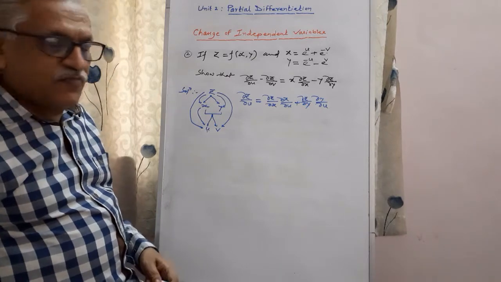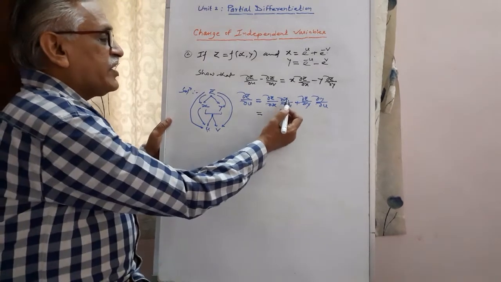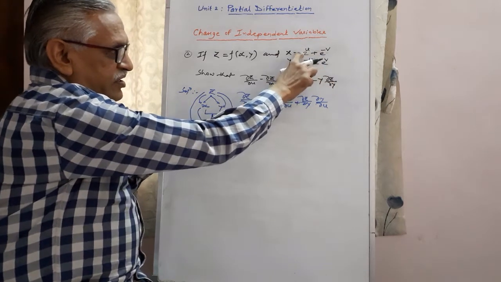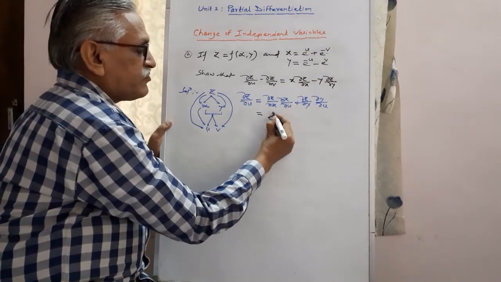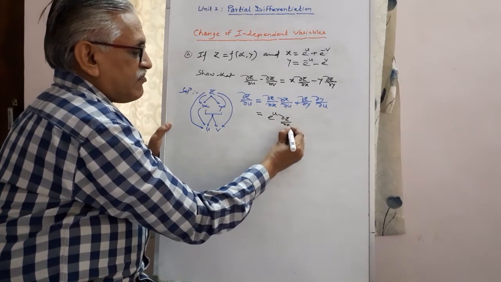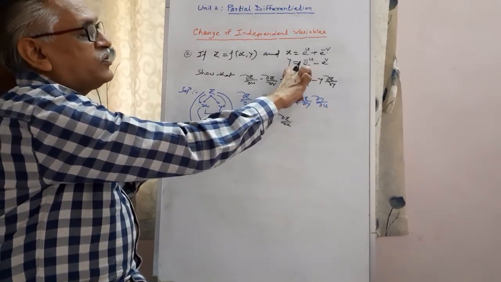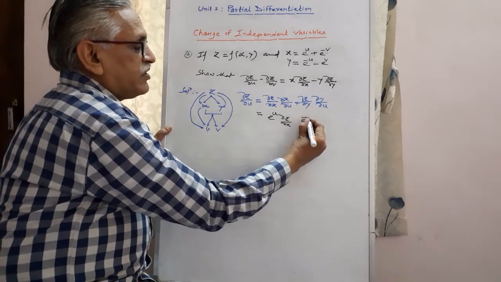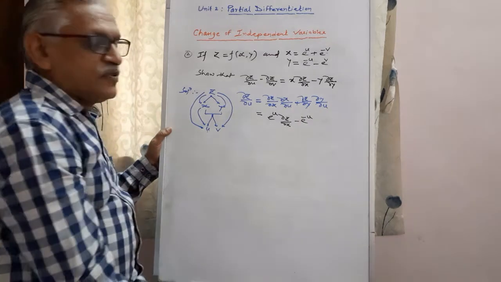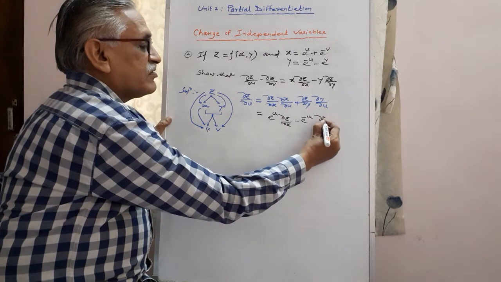This is the formula for change of independent variable, and then find the values. Differentiate x with respect to u, keeping v constant. The derivative of e raised to u is e raised to u, and dou z by dou x as it is. Differentiating y with respect to u, its derivative is e raised to minus u, chain rule. The derivative of this term with respect to u is minus 1. Therefore, it is minus e raised to minus u, and dou z by dou y as it is.